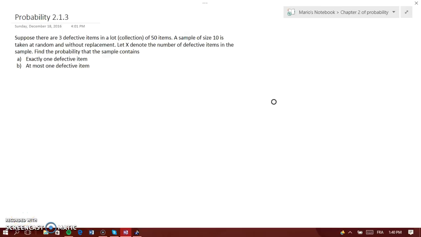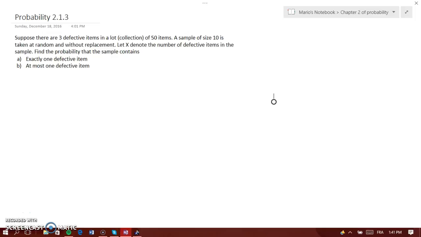Hello everyone. So here it says that suppose there are 3 defective items in a lot of 50 items, and there's a sample of 10 taken out without replacement. First things first, when you see a problem that tells you there is a certain number of one type of item in a group, and that a sample is taken without replacement,